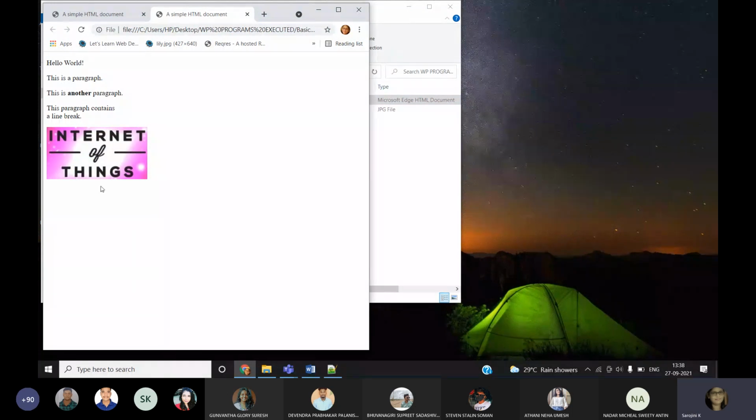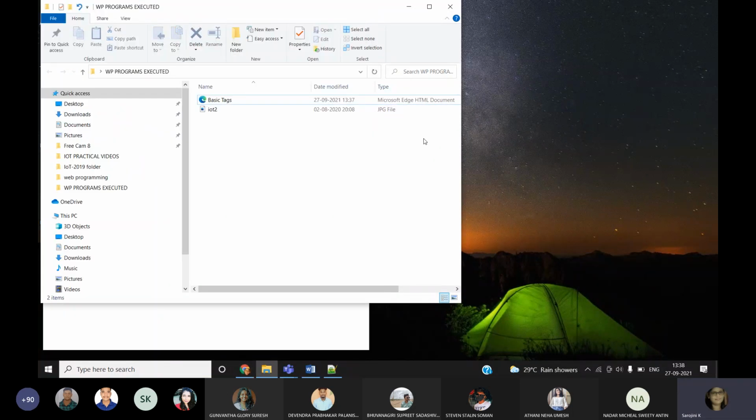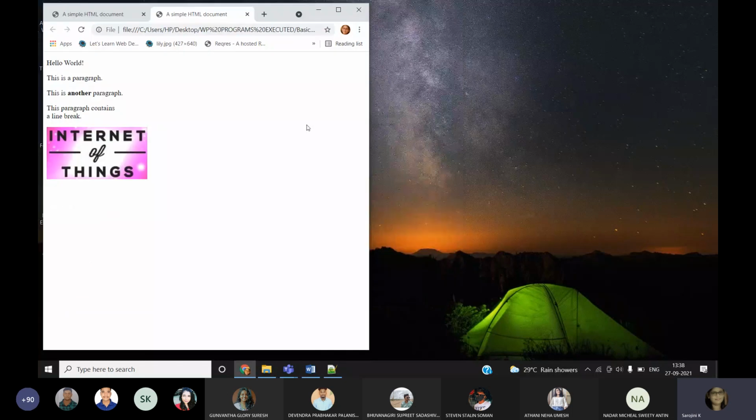This is your web page. Here you are seeing the image. What about the alternative tooltip? You did not see any tooltip here. This is the image, no tooltip here. To see the tooltip intentionally, what you have to do,